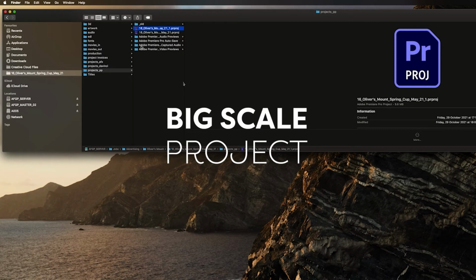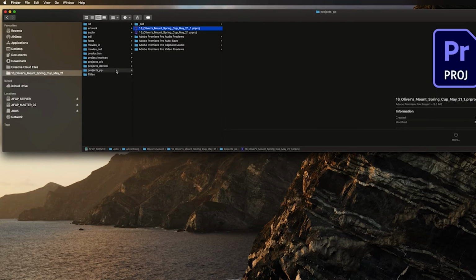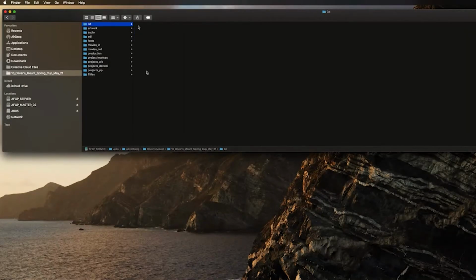So as you can see, this is how I lay out my projects. I've got 3D, which is if I work with anything three-dimensional. I've got my artwork, I've got my audio, as you see, music, sound effects, VO. I've got an EDL if this gets sent to a grade. I've got a fonts folder, I've got a movies in folder with After Effects exports, camera rushes, downloads, movies out,